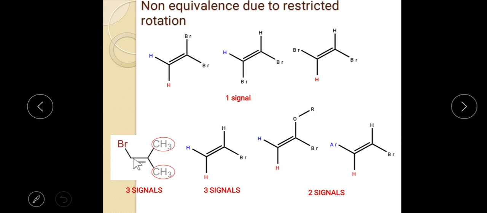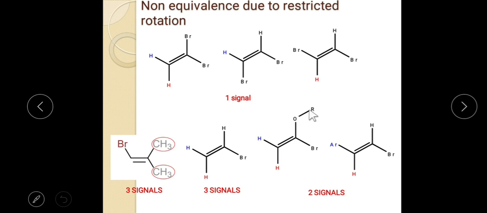Understood? Now how about the next molecule? This will have no plane of symmetry. That means this hydrogen is on the side of hydrogen, and this hydrogen is on the side of bromine. These two hydrogens will behave differently and will couple with each other. Also they will couple with this hydrogen. So this molecule will show us 3 signals: one due to this hydrogen, one due to this hydrogen, another one due to this hydrogen. So black, blue and red, 3 different hydrogens are there in this molecule, and it will show 3 different signals in H1 NMR spectroscopy.